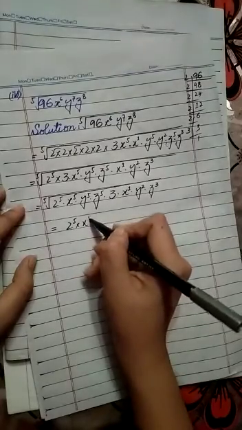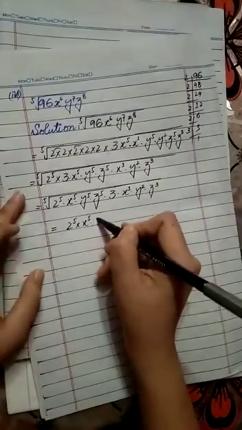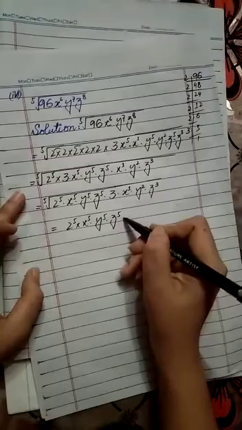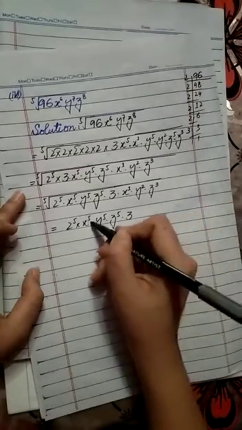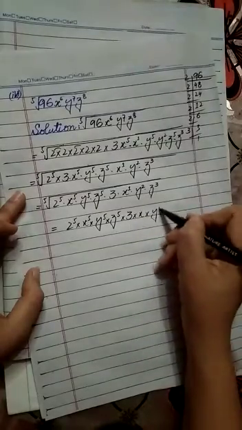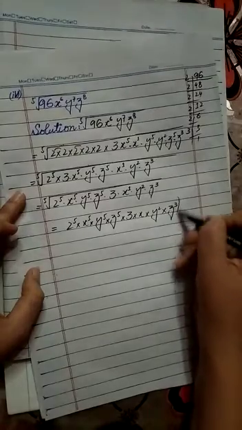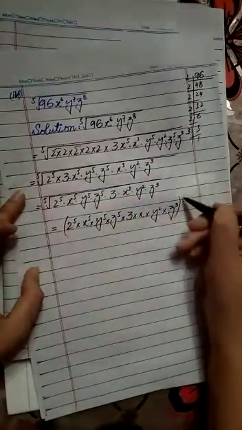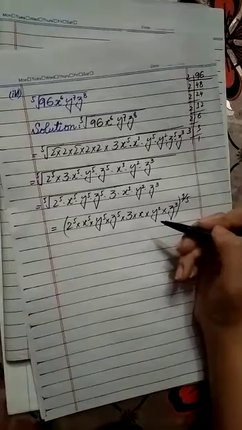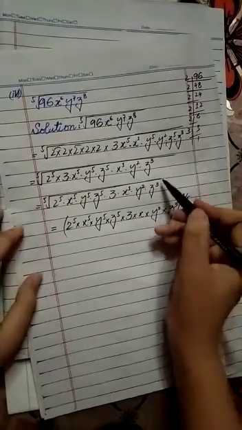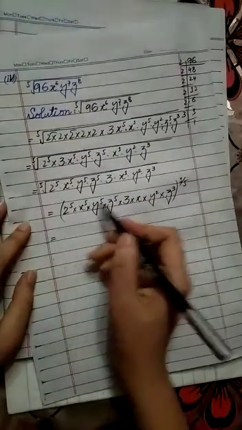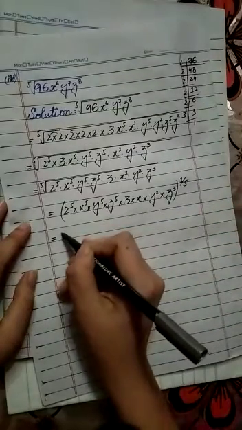5 multiplied by x power 5, y power 5, z power 5. We have removed this sign with the power, that will be 1 by 5. As we have done in the first part, there was no any power, so 1 by 2 is equal to this sign. So all existing powers will be multiplied with the whole power.